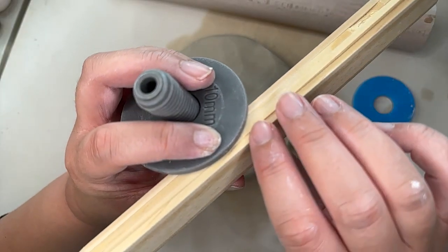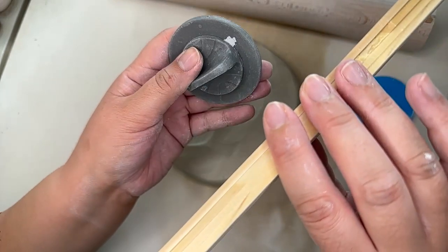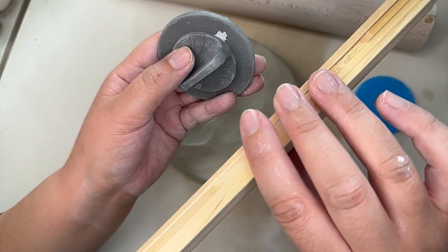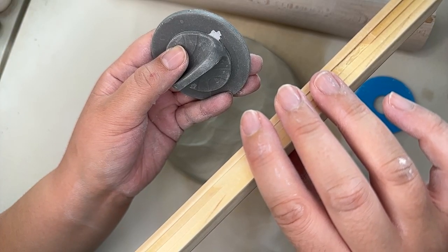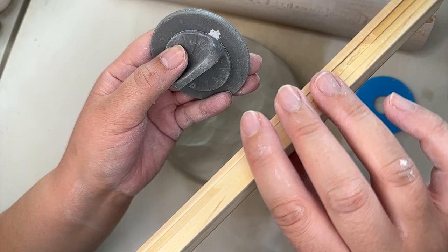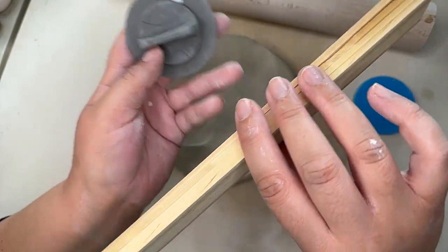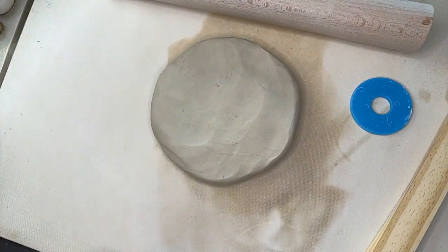I don't know. Let me see. Okay, so we need room for the foot and the well. But then after we compress it, it's going to be a little bit less. I don't know. Let's do 4 paint stir sticks. I feel like that's what I usually do for